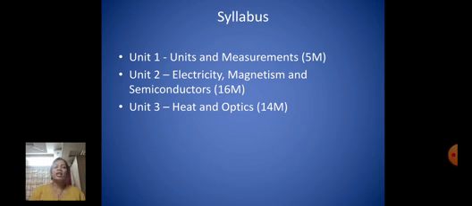Now, if we are talking about the marking scheme, then unit 1 is for 5 marks, unit 2 is for 16 marks, and unit 3 is for 14 marks. Now in detail we will discuss the subtopics of each unit later. This is just a gist or overview of your syllabus. Okay, so the syllabus is so short. You have only 3 units for physics, the same 3 units for chemistry are there, and the marking scheme is also given. So I hope you have understood the syllabus.